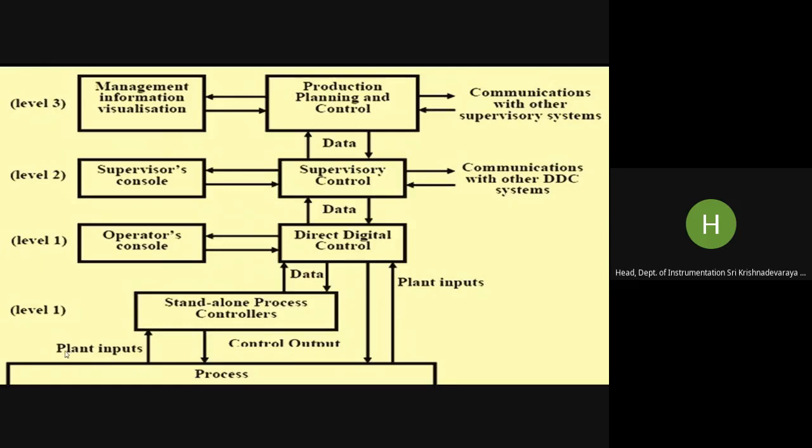And mention what the different plant inputs are and what the typical standalone process controllers are, as we have seen. It may be for a blast furnace stove, or for a continuous casting machine. You can take any one example and mention those plant input parameters here, and say that this is the iron and steel process, and these are the different processes. You can put a number of sections here: melting section, casting section, rolling section, heat treating section. So from each section, it is taking the plant inputs and then processing them.